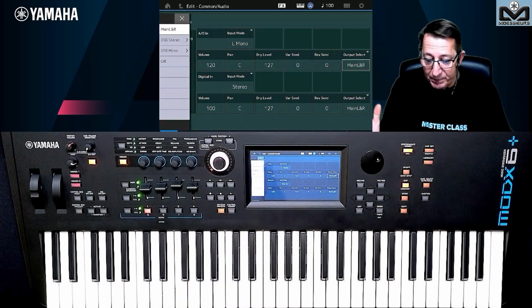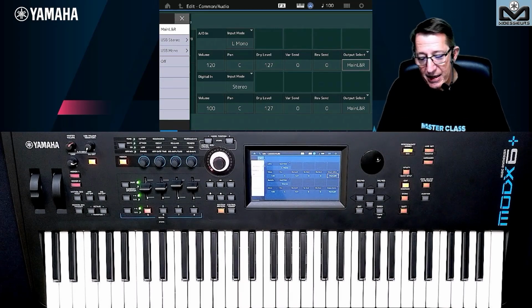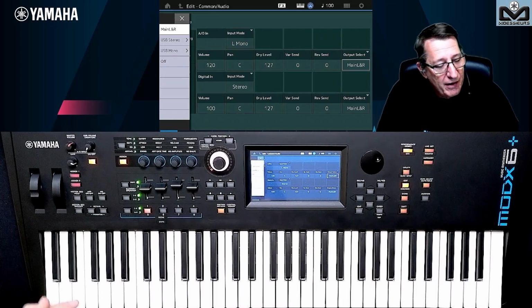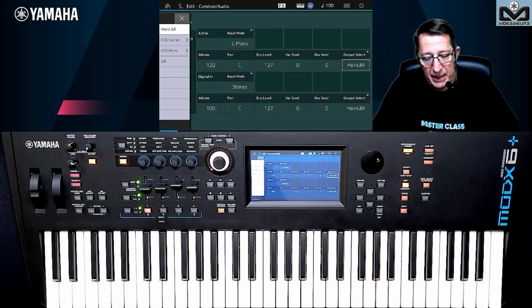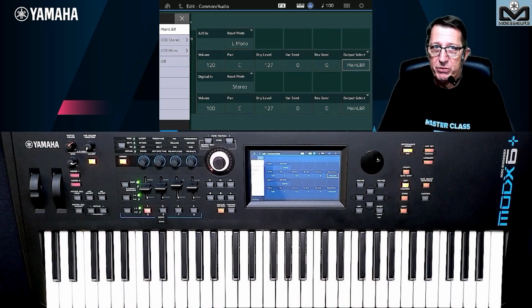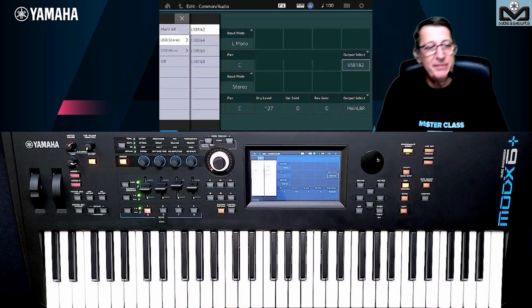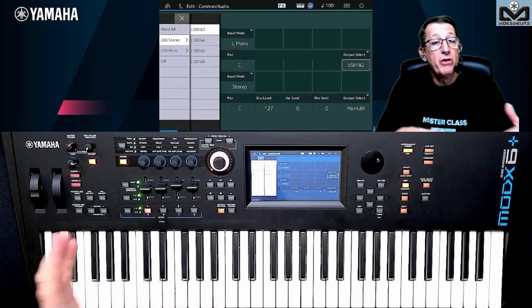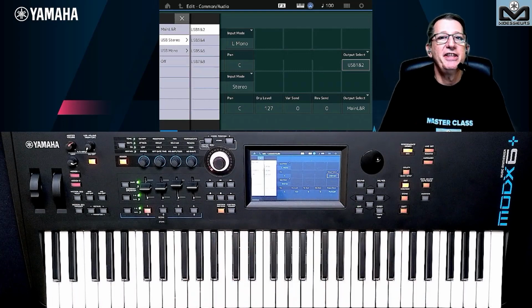Output select, there are differences between Montage and Modex and Modex Plus. We will see first with Modex Plus and Modex. So you have the main left and right. I push my microphone, yes, better, for the sound. So this mainly goes through the main output like this. There is no assignable output on Modex and Modex Plus. And you have some USB output. Why USB? Because if you want to record your microphone when you play on a separate track on your DAW, you can. This is very easy.